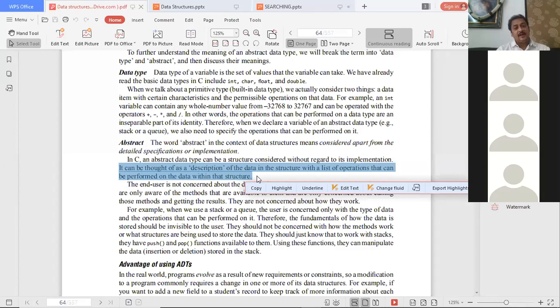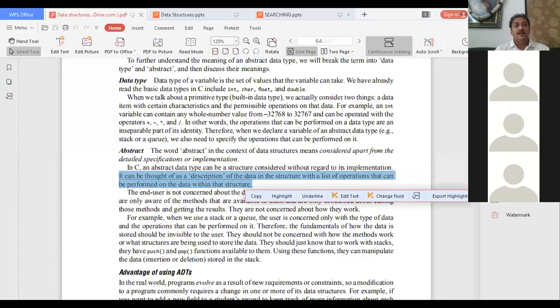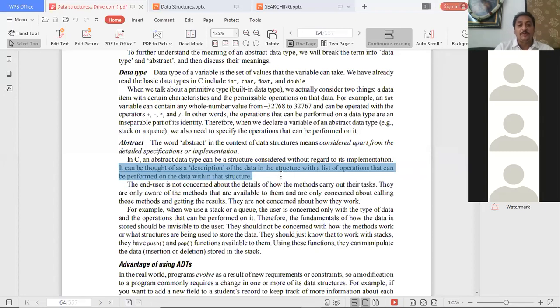So if we say defining stack as ADT, this is the question you may expect in the examination. Define the stack as abstract data type. That means you need to express the various operations that are supposed to be performed on a stack. What do we say? Push, pop and display are all the ADT operations that we are supposed to perform on a stack.